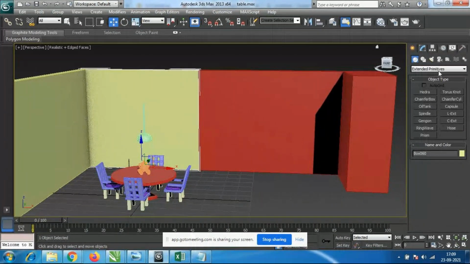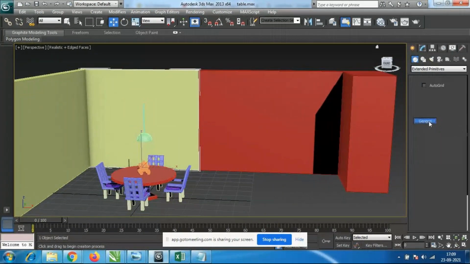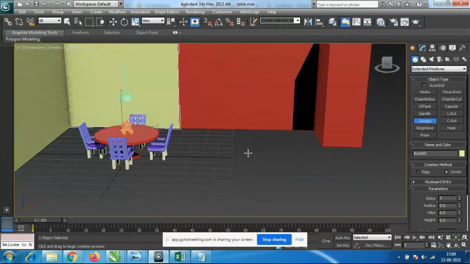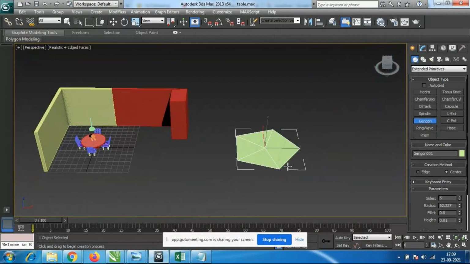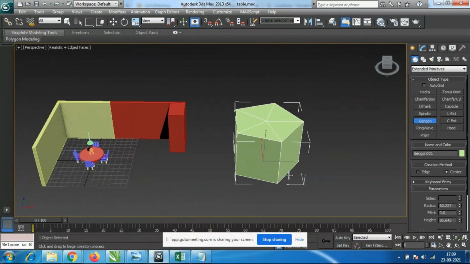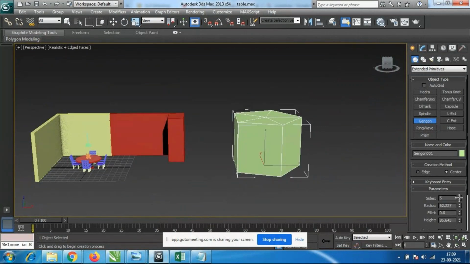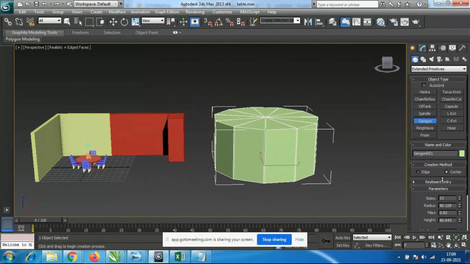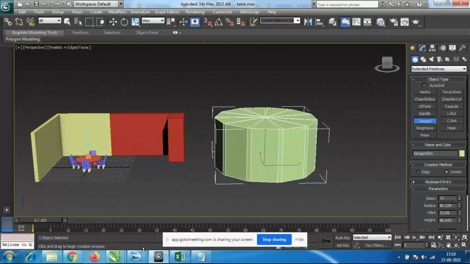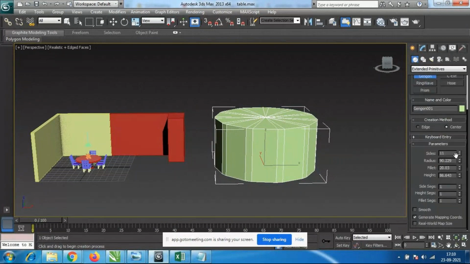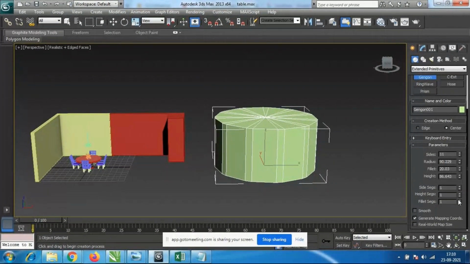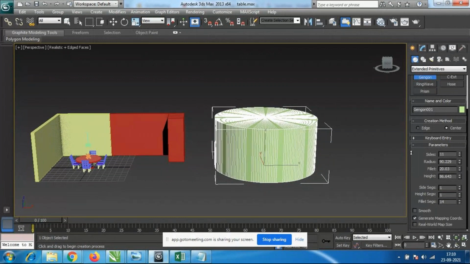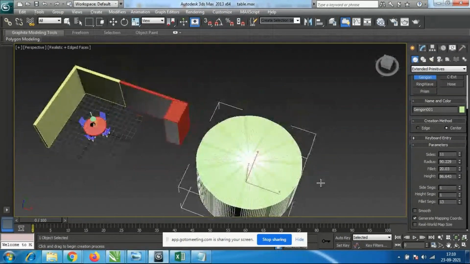So next we'll go to one more tool called Gen John. Okay, so this is also one tool, which is the same as the tool which we have seen. So we have the sides option, and we have this radius option. Again, for this also we have this fillet option, and smooth options will be there. So like this, fillet segments, all these things you people have to check very quickly. Okay.